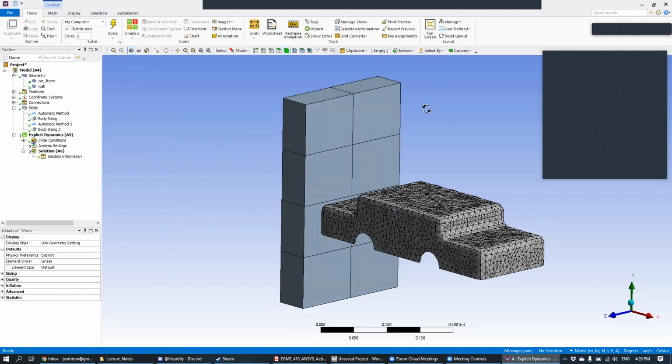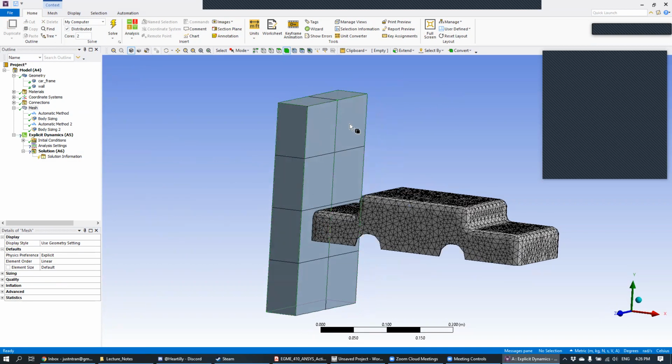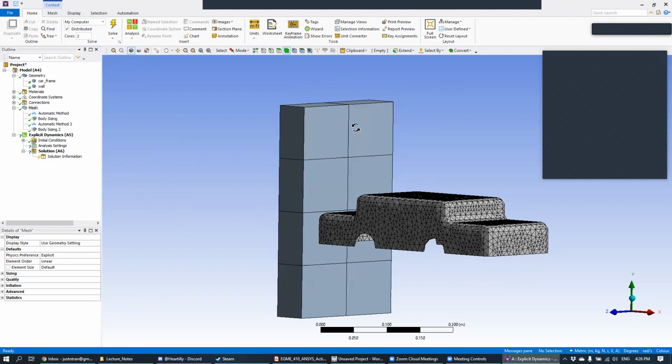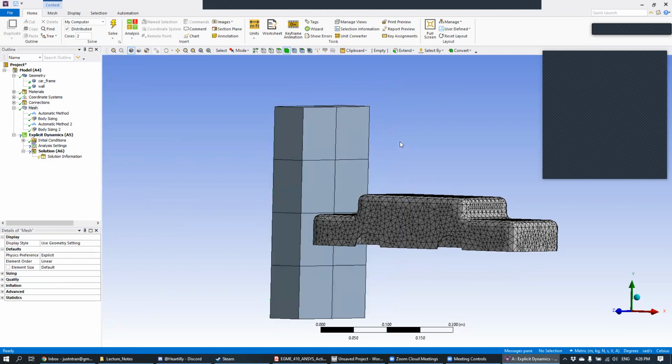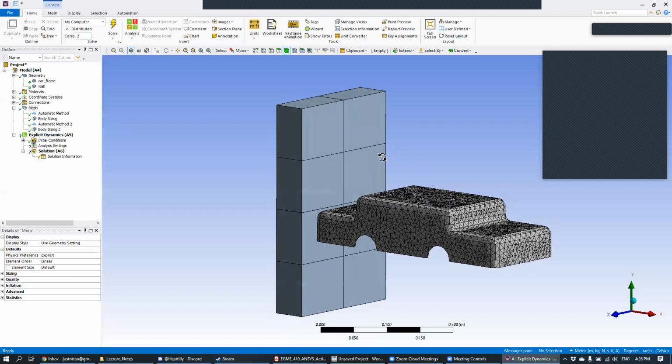Okay, and so now we have a chocolate bar for the wall, and this is fine. This will be perfect, and it will give us a good place for the car to hit. And we're not wasting a ton of elements here. We should have checked the statistics beforehand, but it's okay. Now that we've coarsened up the mesh in the wall,